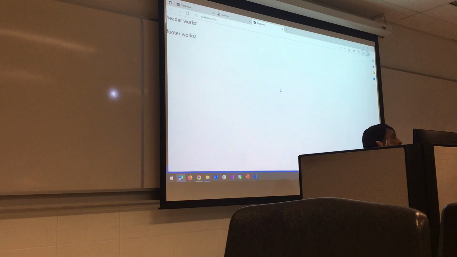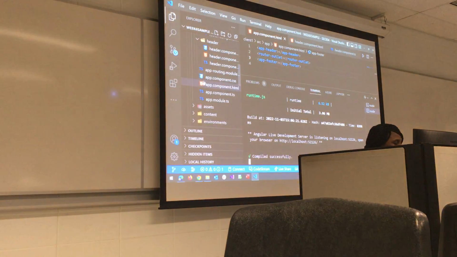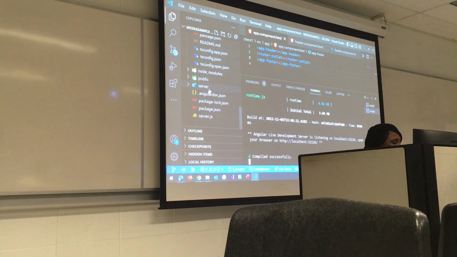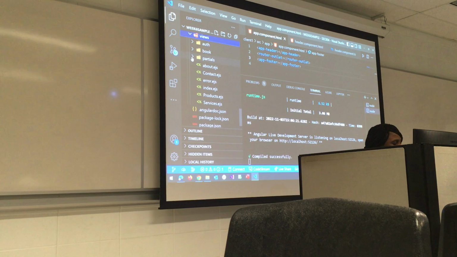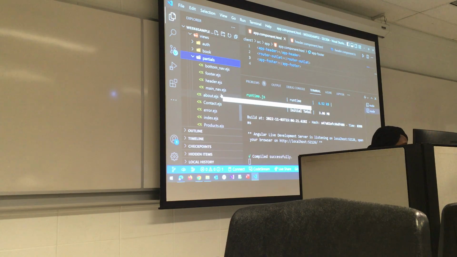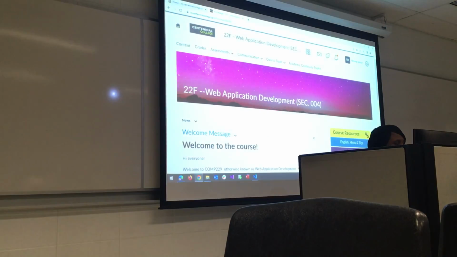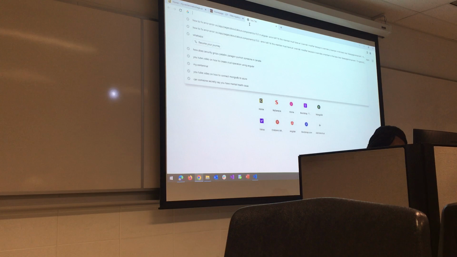So we are going to add our header and our footer now. Let's use Bootstrap, or if you don't want to use Bootstrap, you can go back to your Express server. In your views, remember we created partial views. You can go to the main_nav.ejs, copy what you have there, but you have to edit. Or alternatively, which I would like us to do, let's go to Bootstrap and copy the navbar, then we'll edit straight away.